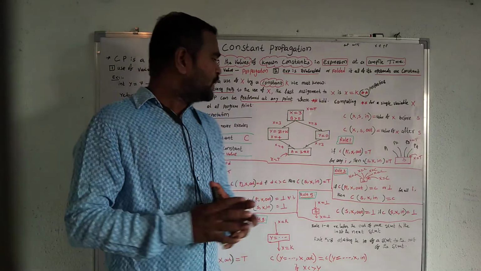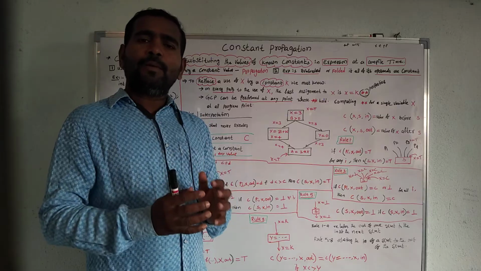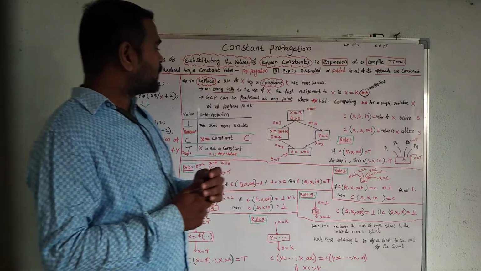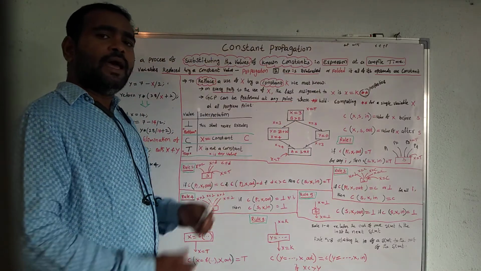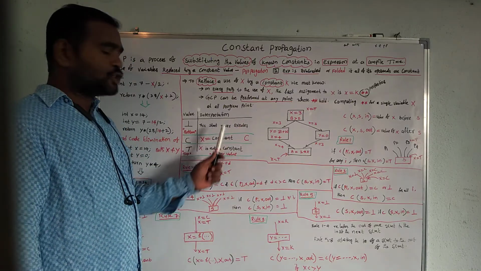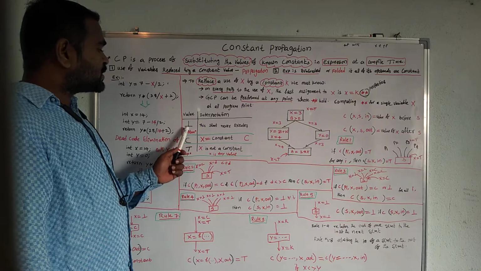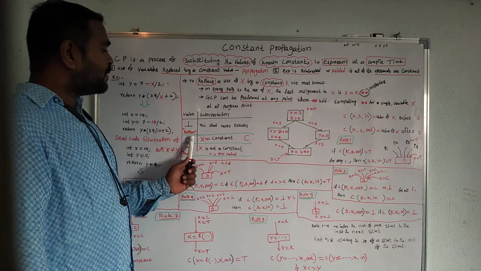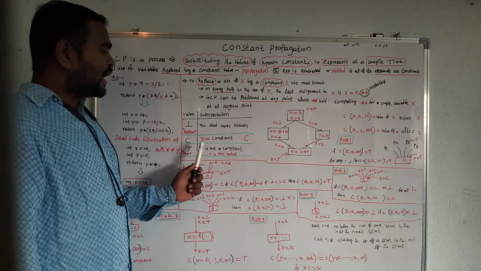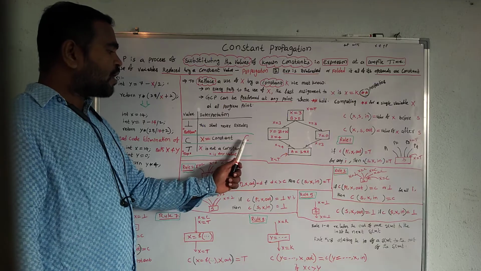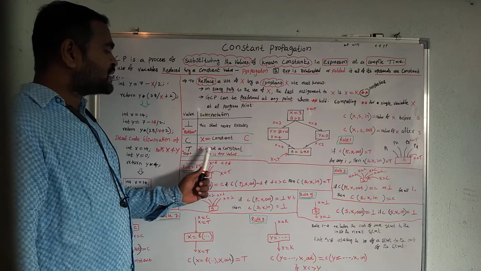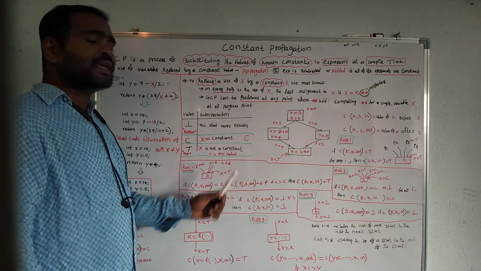To make the problem precise, we must follow one of the following methods with x at every programming point: the value and interpretation. This symbol represents the bottom, meaning the statement never executes. c represents x = constant c, and t is represented as top, meaning x is not a constant but x is any value.